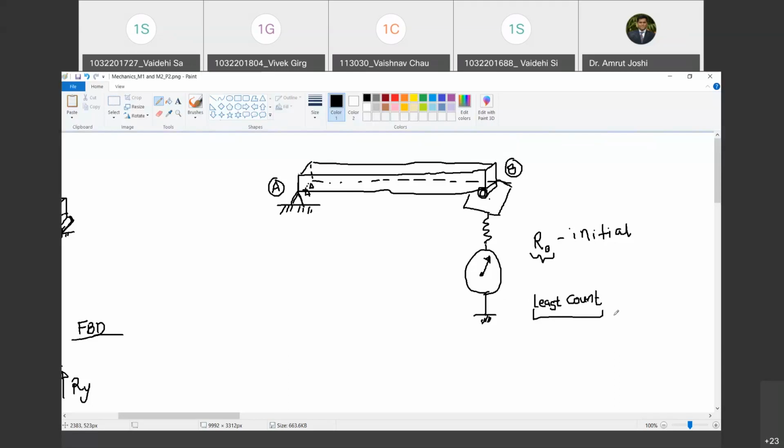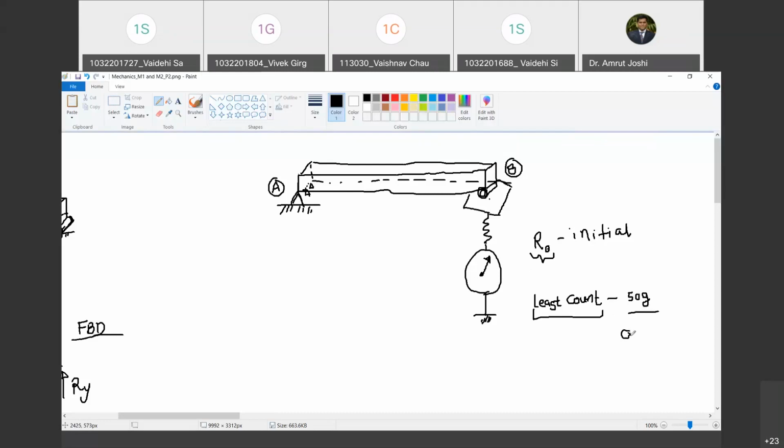1 mm. Right. So if I use the same scale and I say the length of the line is 4.5 mm, that's absurd because it cannot measure 0.5 mm. Do you agree with me? Yes. So all your readings should be in the multiples of least count. Happy? Yes, sir. So what is the least count of this balance that we have at our lab? So it is 50 gram. Are you with me?